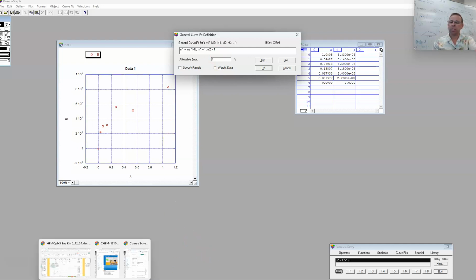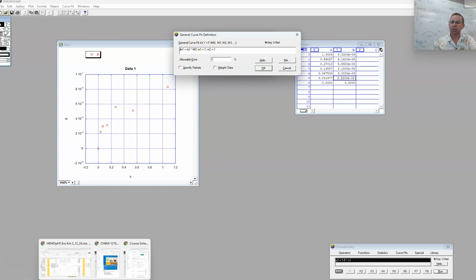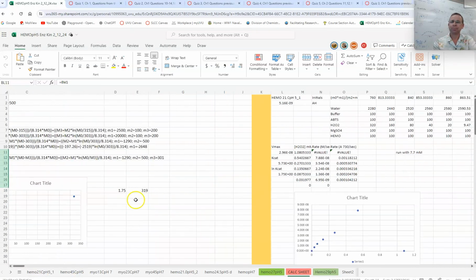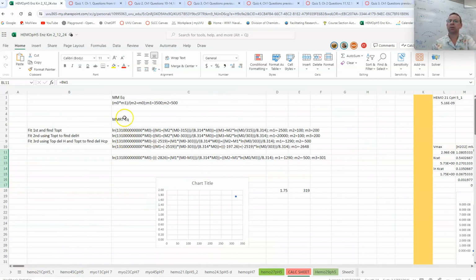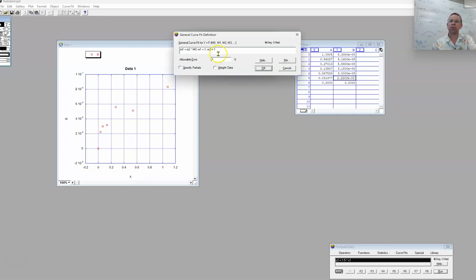The equation is written in an interesting way, where M1 is one of the variables and M2 is a second variable. So M1 is our Y value and M2 is our X value in this case. But we want the Michaelis-Menten curve. I have the Michaelis-Menten curve equation in the calc sheet, so I can click here, copy that equation with Control C, and then go into